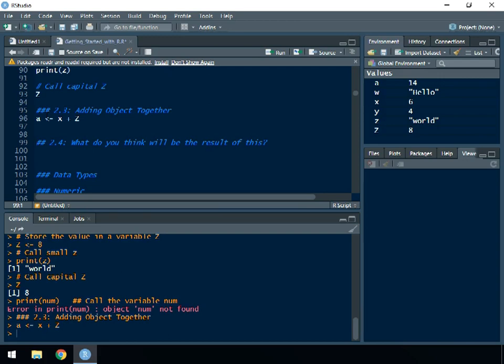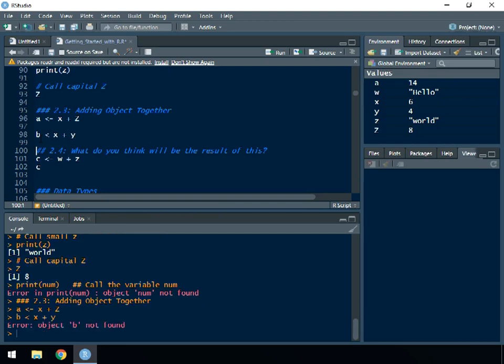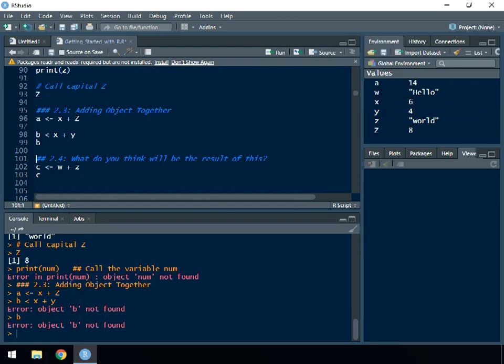If I do that, I will clearly see that a is equal to 14. I can also say b <- x + y because they are both of the same data type. I can also call b here. Just type b, control enter, and you see that